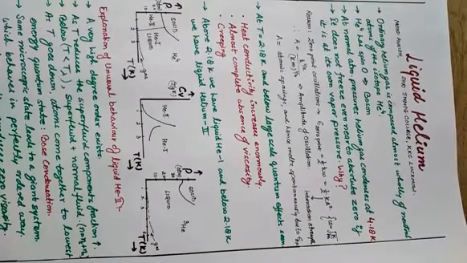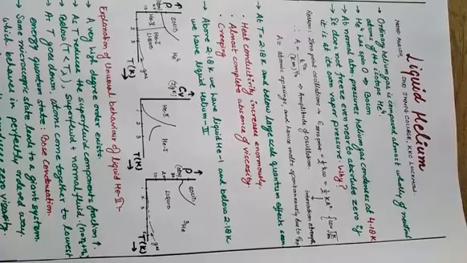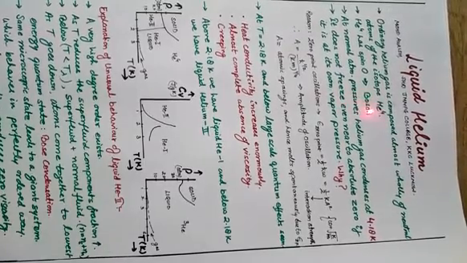As you know, helium gas is mainly composed of the isotope He4. It also has another isotope, He3, but He4 has a spin of 0, so it is a boson, whereas the isotope He3 has a spin of half, and that is a fermionic system. So the properties shown by He4 and He3 are remarkably different from each other, but here my concern is to discuss the properties shown by the helium 4 isotope.